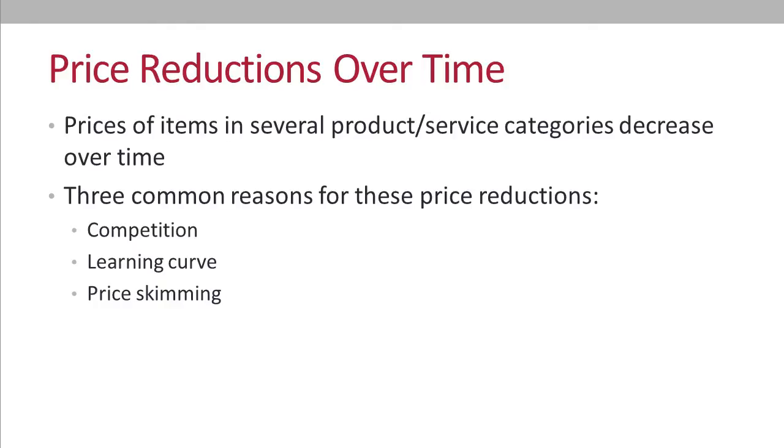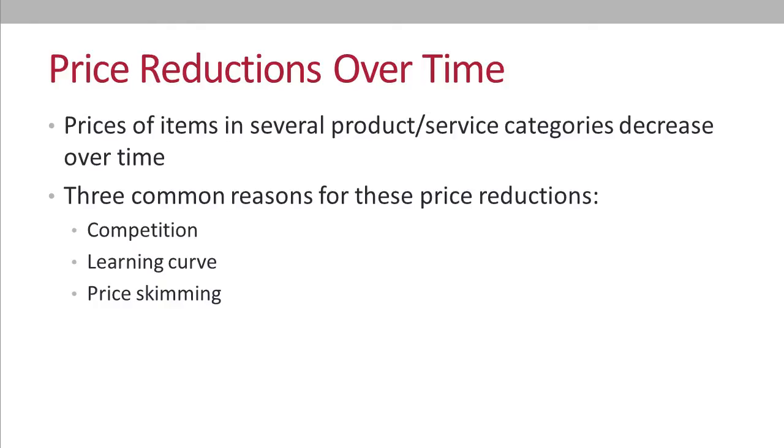The second reason is commonly known as the learning curve. The theory is that as you build more units of a product, especially a high-tech product like a microchip or an airplane, you'll get better at it and be able to reduce cost. If you pass your manufacturing savings on to customers, you can create a virtuous circle where lower prices will increase demand, while increased demand pushes you further and further down the learning curve so you can manufacture the product more